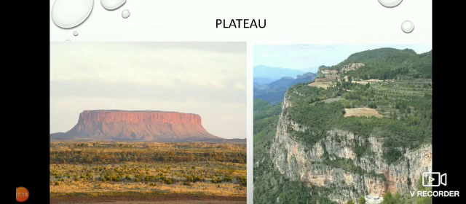Now we move to another landform, the plateau. What do you mean by a plateau? A plateau is a flat area higher than the land around it. Now, can you give me some examples of plateaus? Yes, that is the Deccan Plateau.